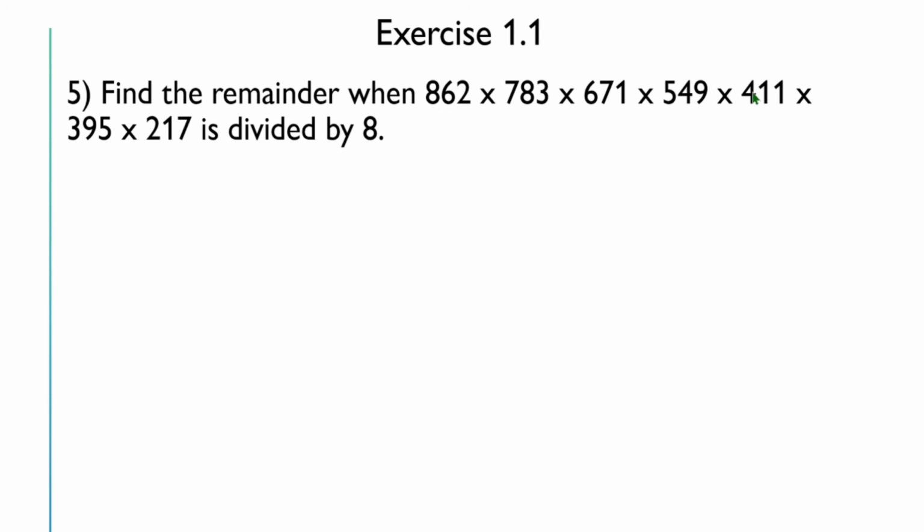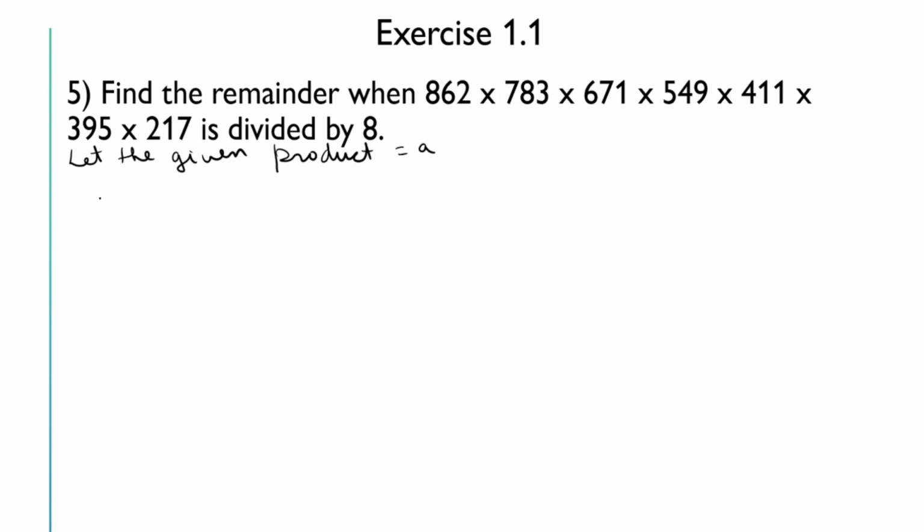Actually, multiplying all these numbers and then dividing by 8 and then finding the remainder is very difficult. So what we can do is use the property of multiplication to find the remainder. Now let the given product be A. That is, the value for all these I have taken as A. First we will find each of these.